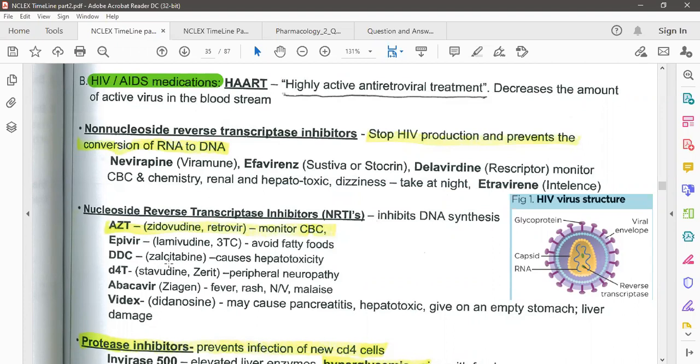zalcitabine, zalcitabine can cause hepatotoxicity. So liver function test is important. What else? D4T or stavudine can cause peripheral neuropathy, right? Also, DDI or didanosine can cause pancreatitis, means inflammation of pancreas, hepatotoxic, and it is good to give on empty stomach, and they can cause liver